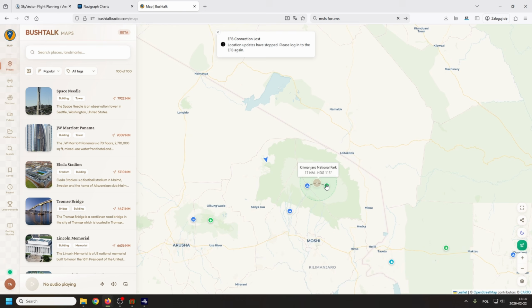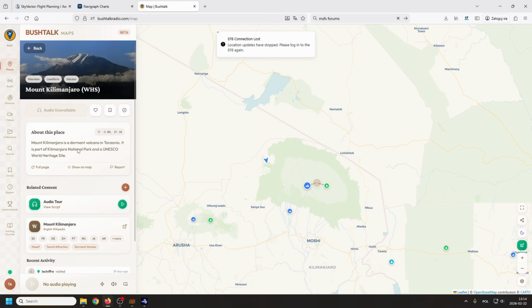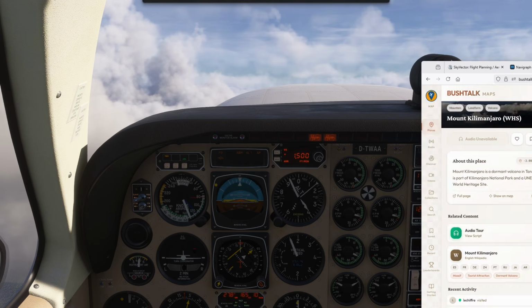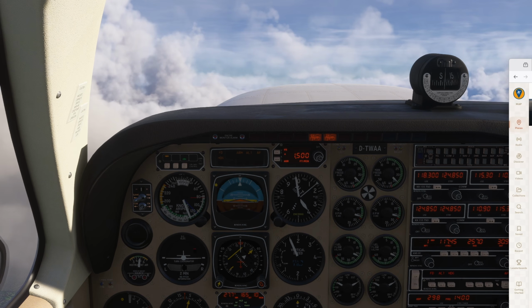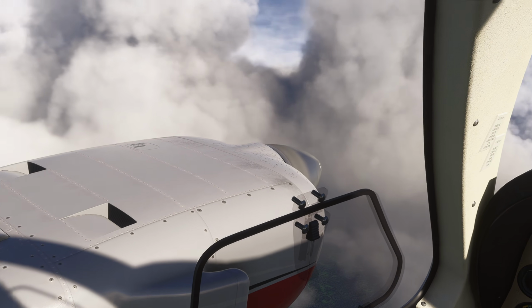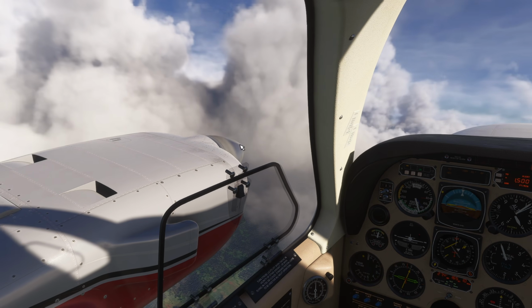And here you will still have all of those points of interest. Like you can see Kilimanjaro is here. You can read about it, and you can also play it and listen to the audio tour, right? So you don't need to pair it with your sim, although then it will also enable you this autoplay functionality, and